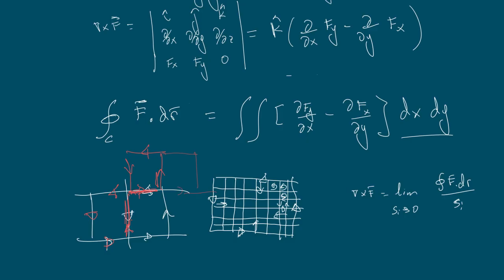So when I do the line integral in the counterclockwise direction, it will cancel here. You see? So there are many cancellations. What is the total cancellation that we have? Everything except the boundary. So the line integral of the vector field over the curve C